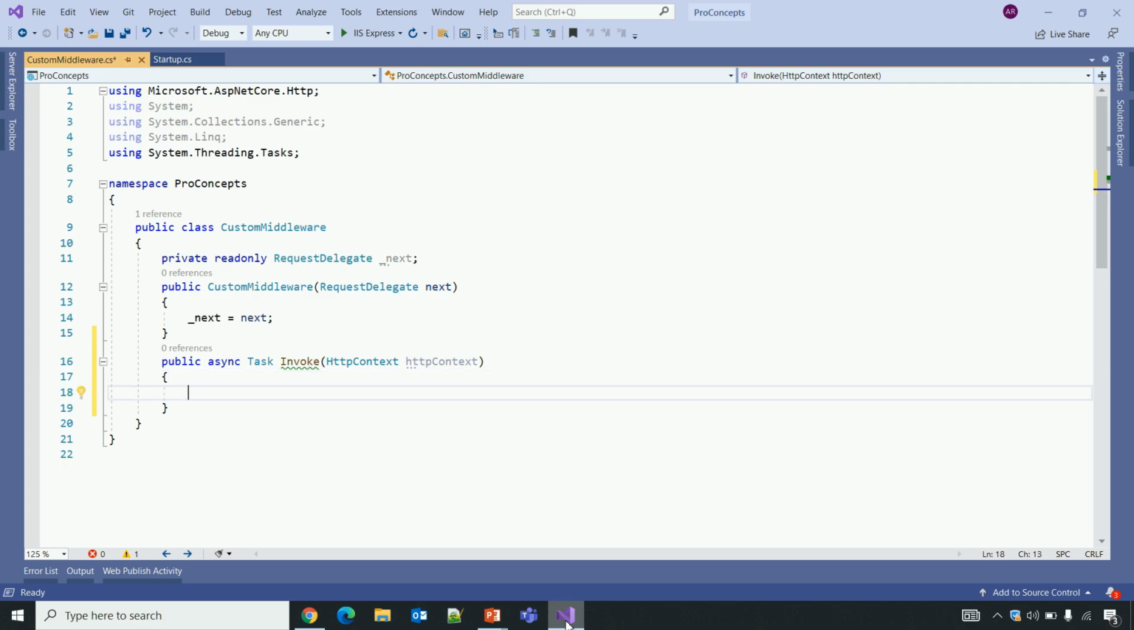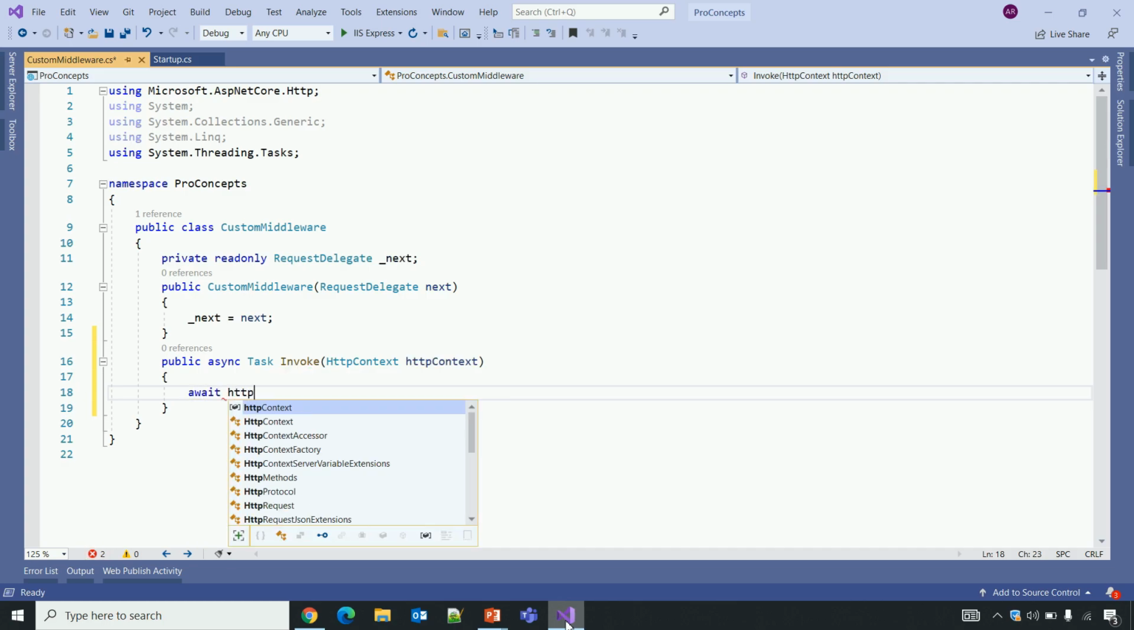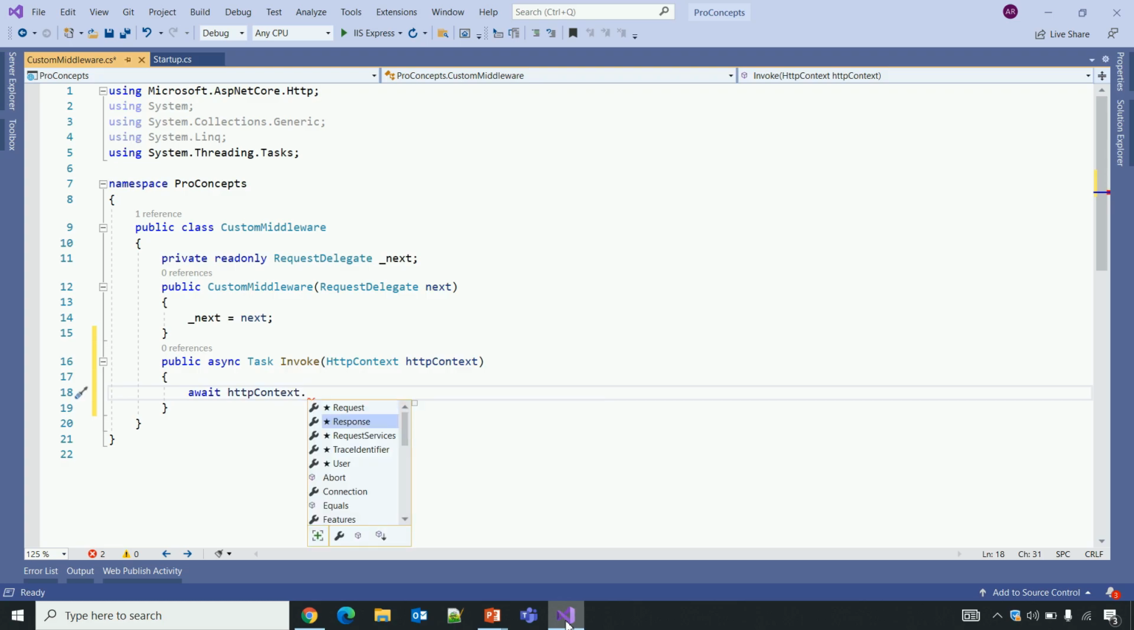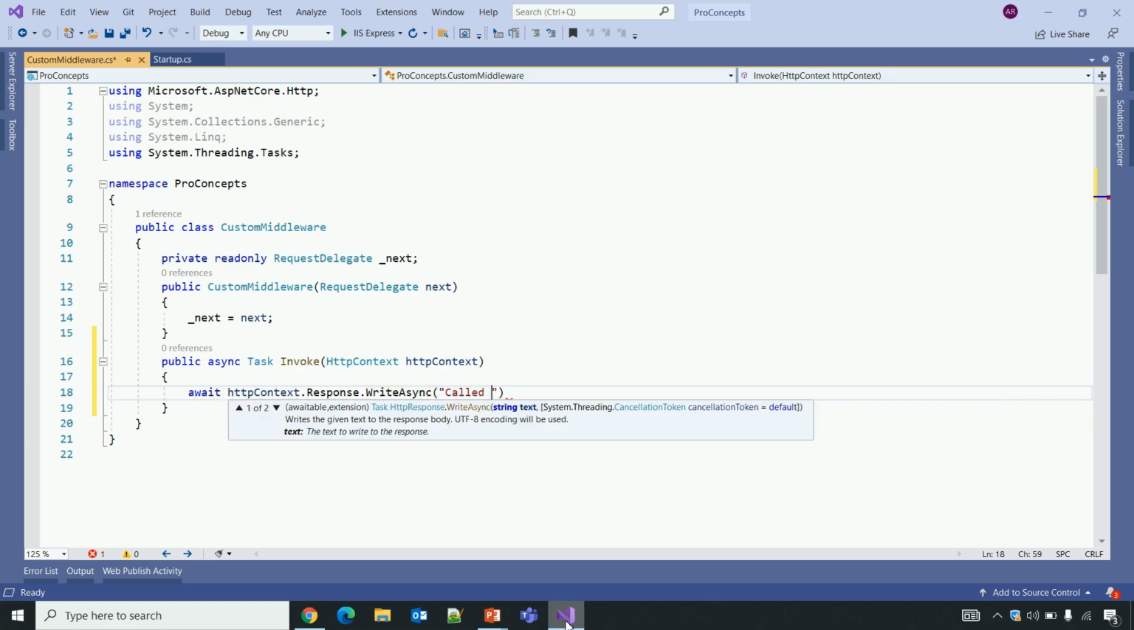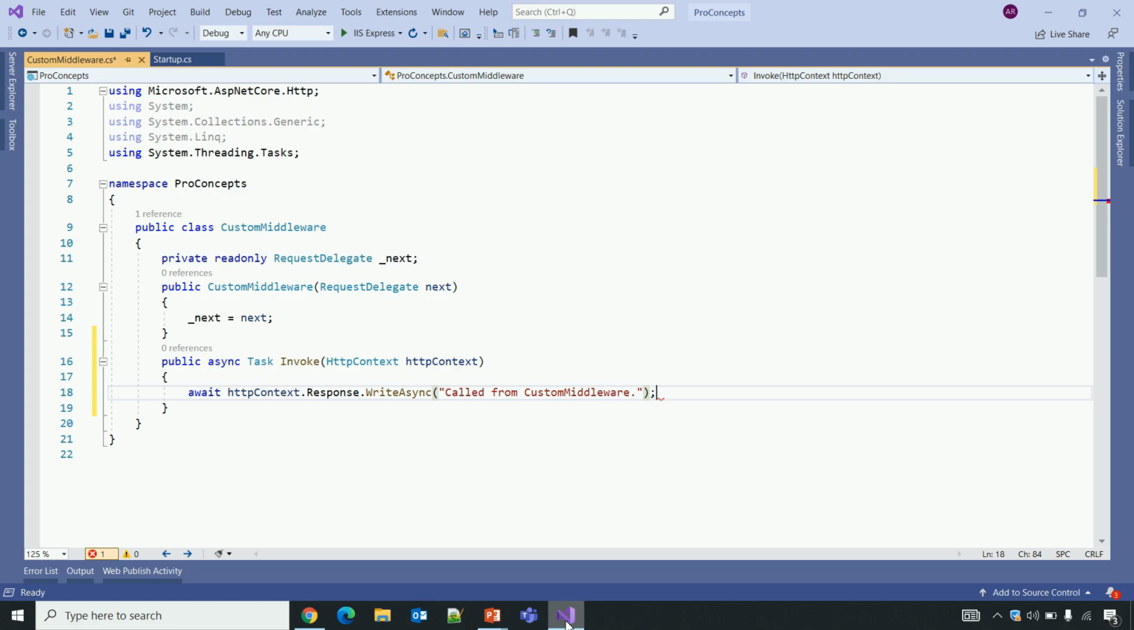Now we get the HttpContext object, so it's up to us how we would like to play with it. So let's say we only wanted to print a message. So await httpContext.Response.WriteAsync, and let's say we wanted to print it as "Called from custom middleware". That's it. So our middleware is ready, and to use this middleware we need to get back to